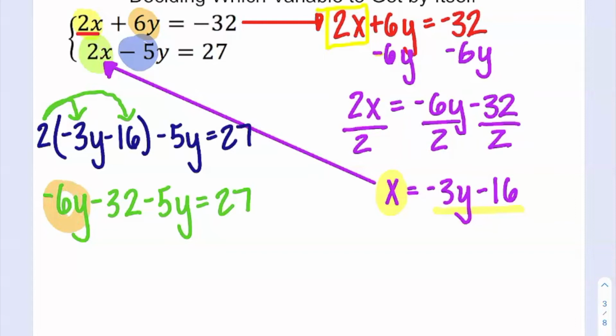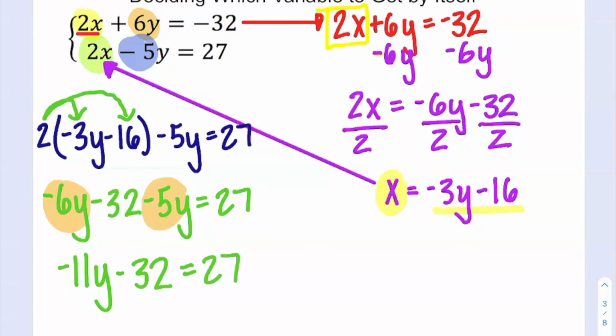Negative 6 and a negative 5y. Remember, 2 negatives get more negative. So I have a negative 11y minus 32 is equal to 27. I'm going to add 32 to both sides. And I get negative 11y is equal to,